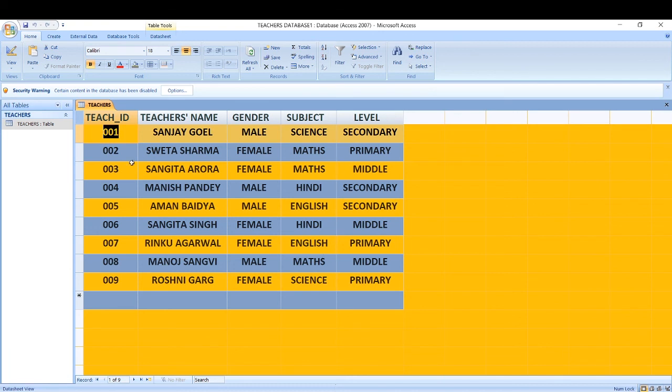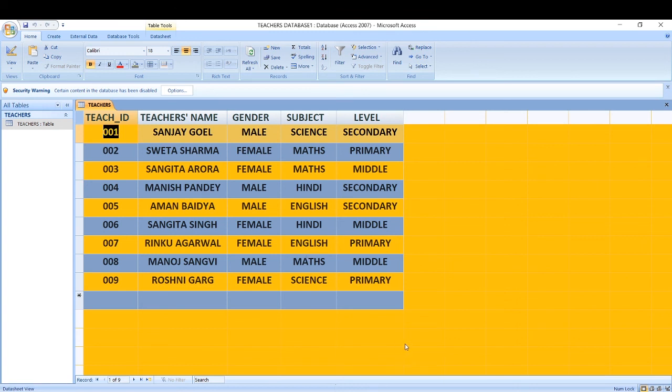By now, you are very much familiar with the table. You know how to design the table in Access and how to enter the records in a datasheet view, which means you know how to switch between the design view and the datasheet view. So I'm going to work on this table to show you how to work with the criteria using a